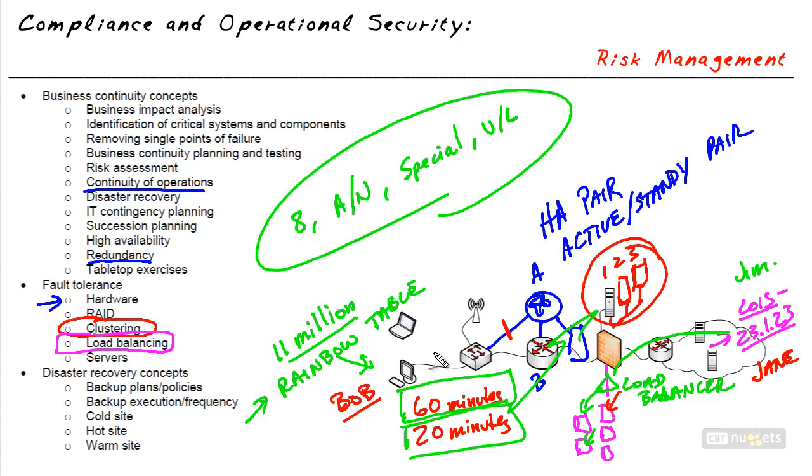So as traffic is going, for example, from Bob, and we'll put Karen up here, so we have Karen and Bob as 2 internal users, as they're going out to the internet, the network can provide load balancing so that some of the traffic goes over one path, maybe over router A, and other traffic goes over router B. Again, that's an example of load balancing using multiple devices to share the work. And at the same time, if a single device fails, if it's a high availability pair, the one that's still working can go ahead and support all the traffic.